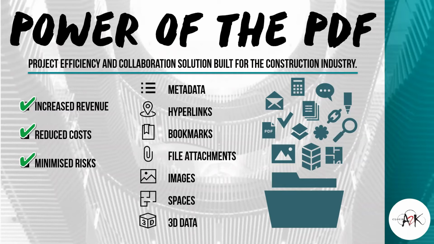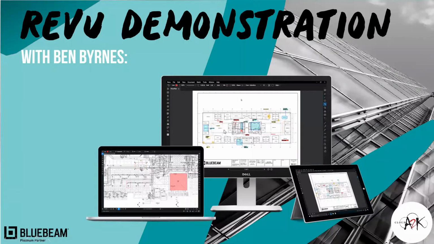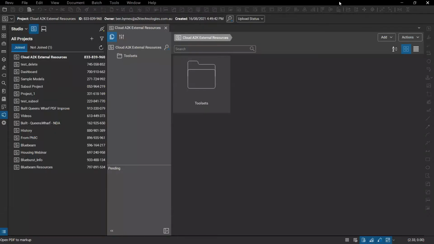So if you export a 3D PDF from Revit, it will contain the element ID, the family, the member it is, etc. So it contains all that information. Now we're just going to get into it. So I will get rid of the